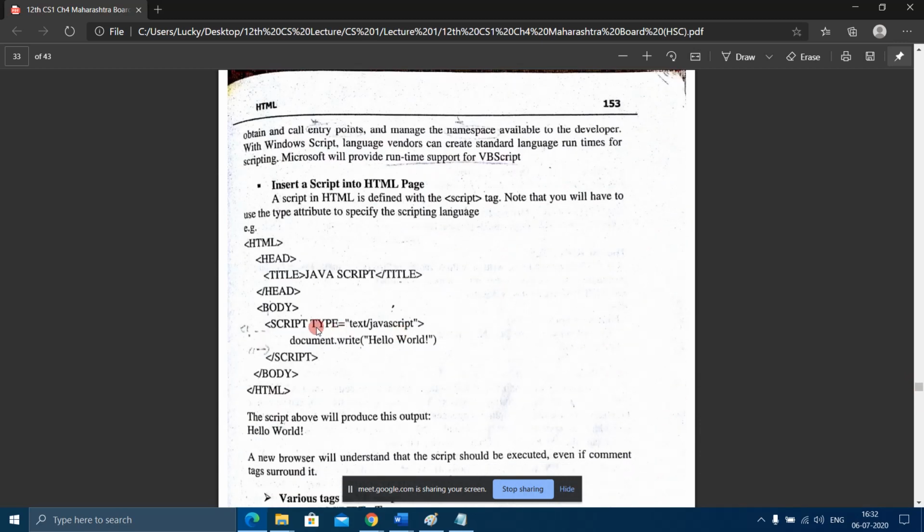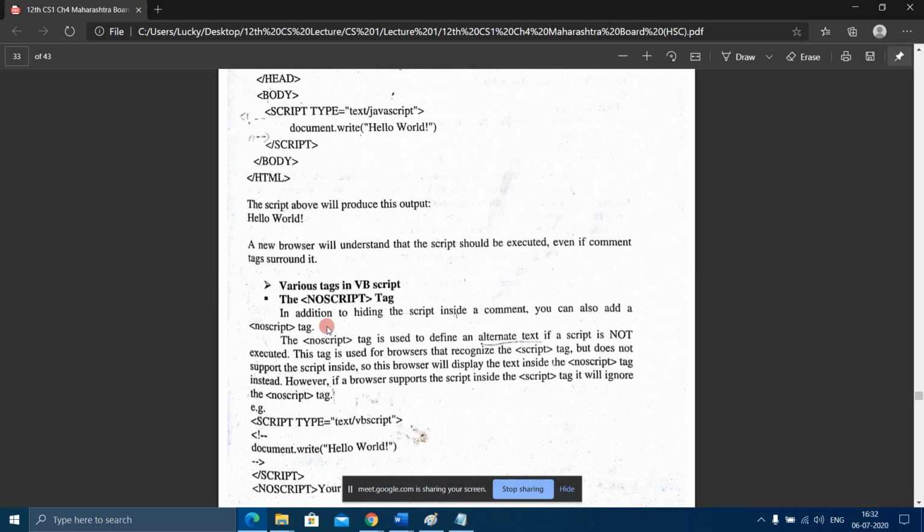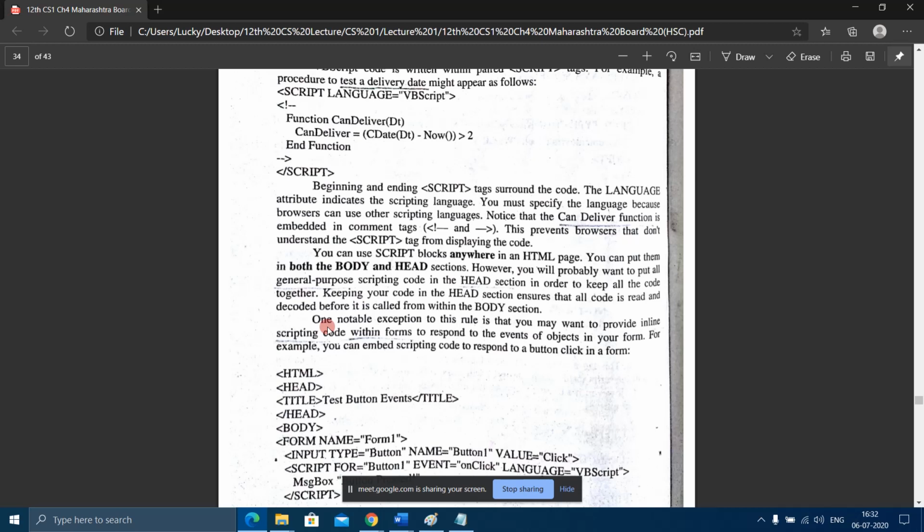We had used the type attribute to specify the scripting language, or instead of type, we can use the language attribute. Now you must specify the language because browsers can use other scripting languages also.